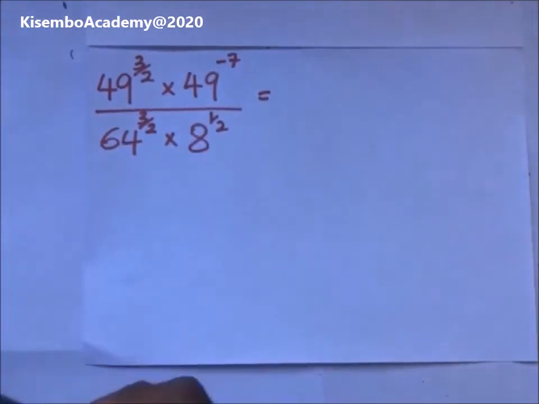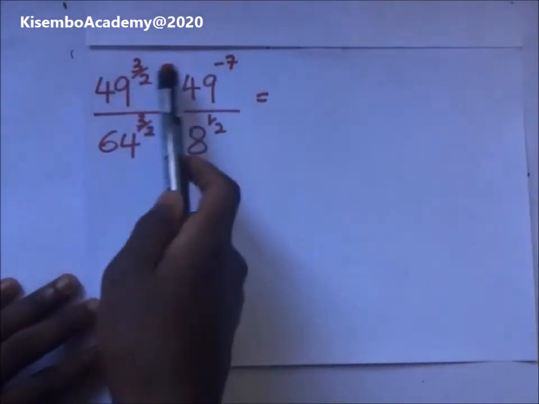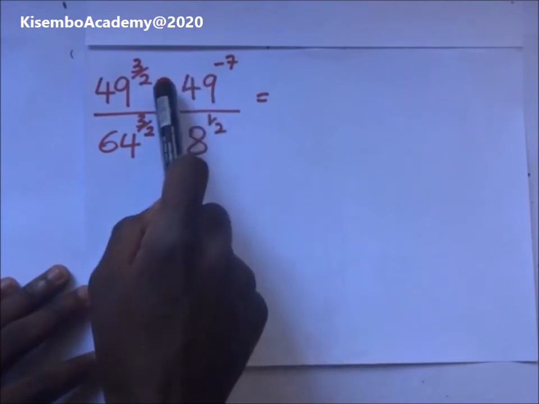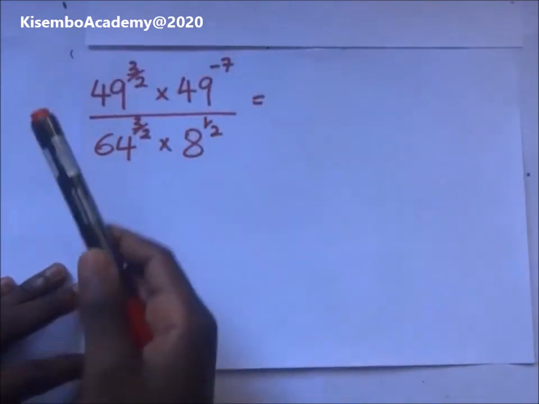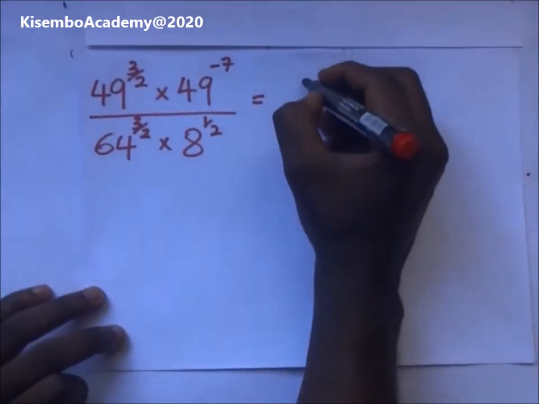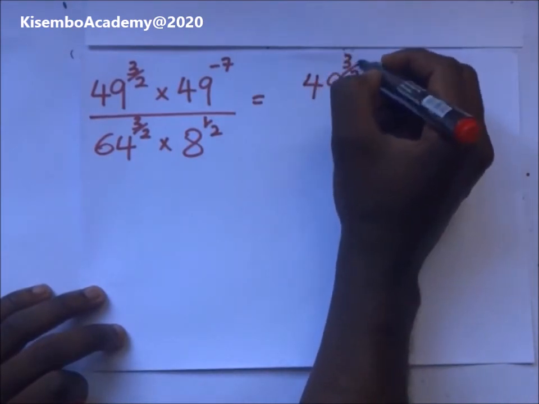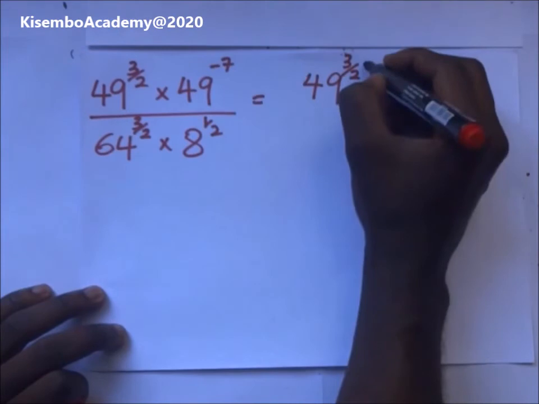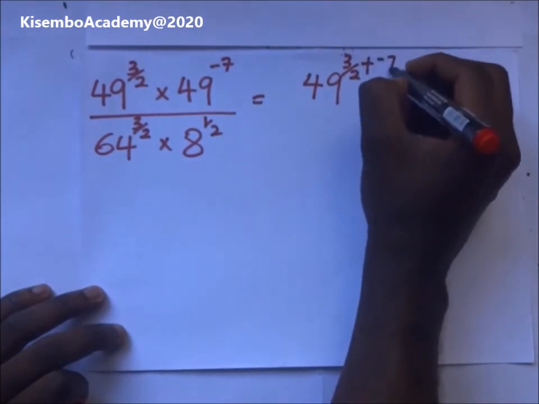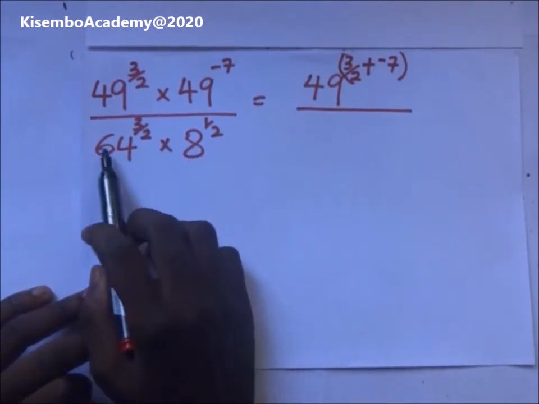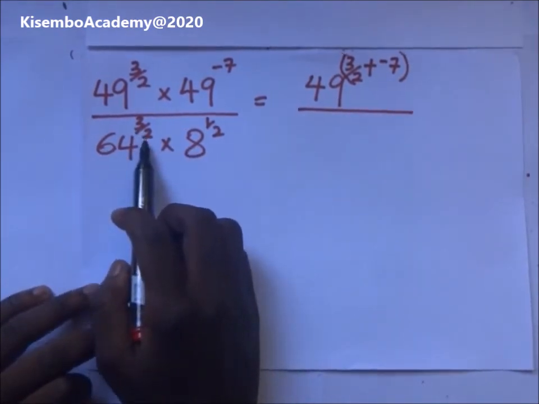to the power negative 7. Now these are two indices we are multiplying. They have the same base, which is 49. So what we do to the powers, we simply add the powers. So this is going to become 49 to the power 3 over 2 plus negative 7. Divide all that by, now we have 64 to the power 3 over 2 times 8